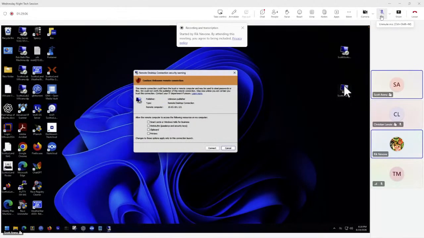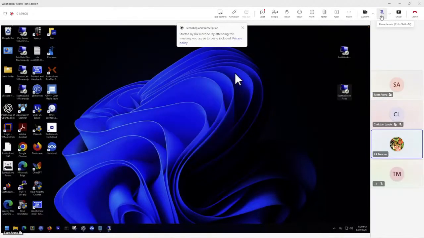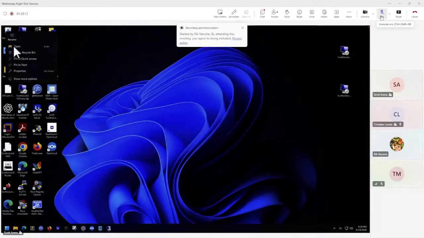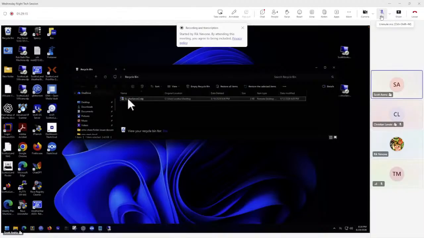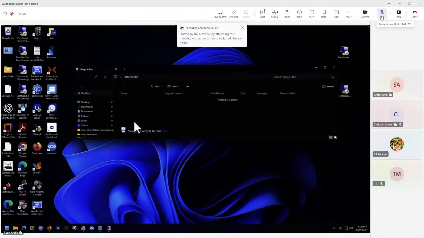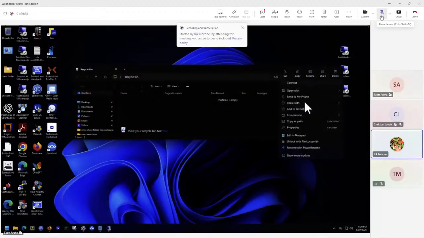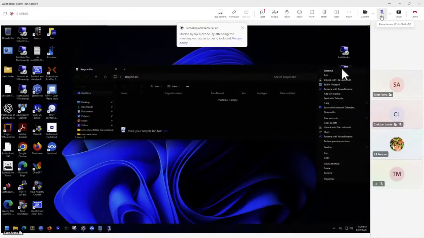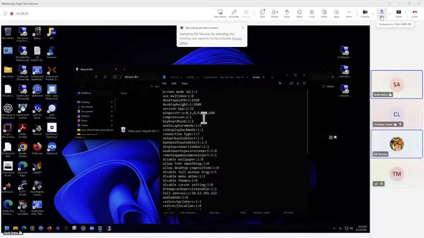Restore it from the recycle bin. Okay. And then right click and edit with Notepad. Oh, edit with Notepad. That's right. Right. Get rid of the